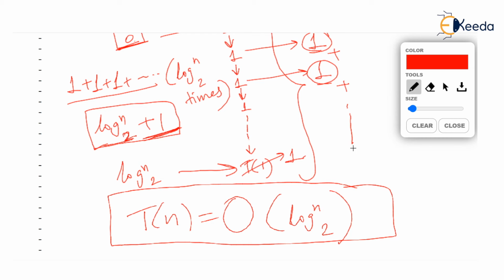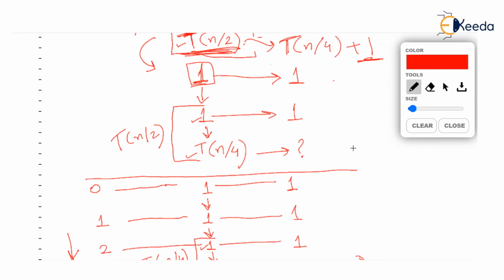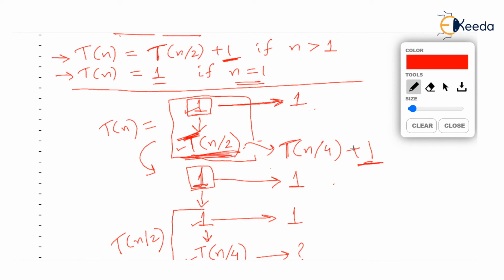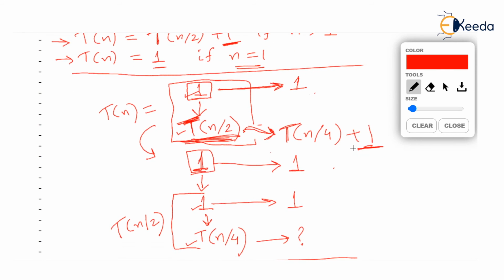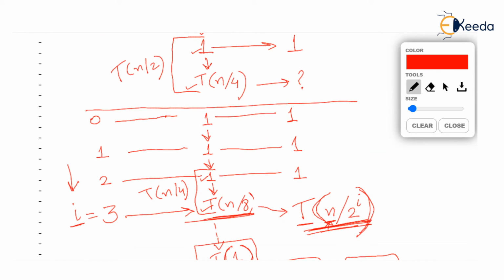So what was the procedure actually? You should be knowing the substitution method. Of course, if you didn't know what is meant by substitution, then there was no way you could have represented Tn by 2 as Tn by 4, isn't it? Or Tn by 4 as Tn by 8, correct? And on doing so, you should understand that you are getting some pattern over here. If you label these level numbers from 0 onwards, then at level 3, we saw that the denominator in that term n upon was 2 raised to I, where I is the level number.